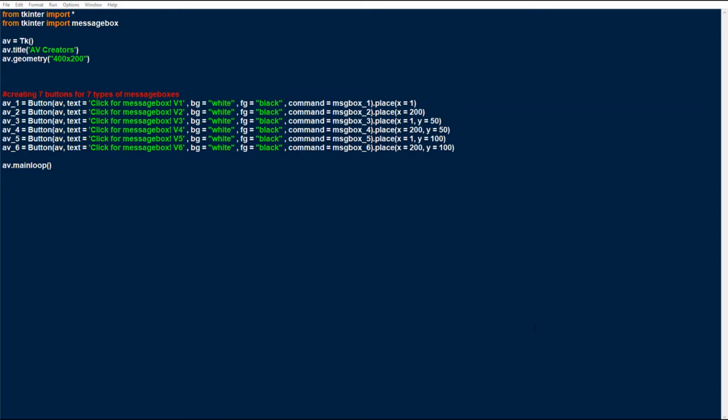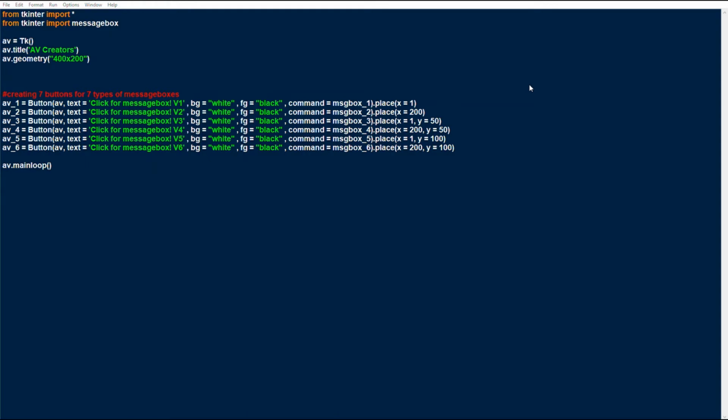Ask yes no cancel would be like we have in Word or PowerPoint: would you like to save your file? Yes, no or cancel, right? Yes will save the file, no won't save the file, and with cancel you won't even go out of the window. Similarly, ask okay cancel might be like I'm saving the file for you, and you have the options okay or cancel. And for ask retry cancel, it might be like you have an error and then do you want me to retry or just cancel. I hope that has made it clear.